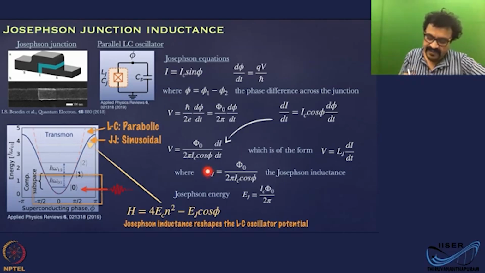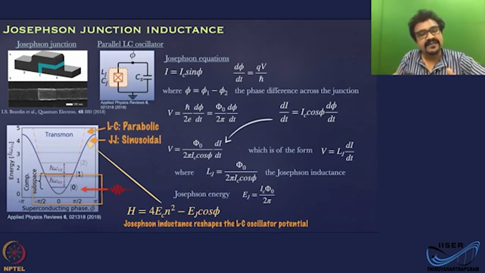But that L has now changed, because the frequency of this oscillator is 1 by 2 pi times the square root of LC. That frequency decides the transition frequency, h bar omega. Since L is now a function of phi, a sinusoidal function of phi,